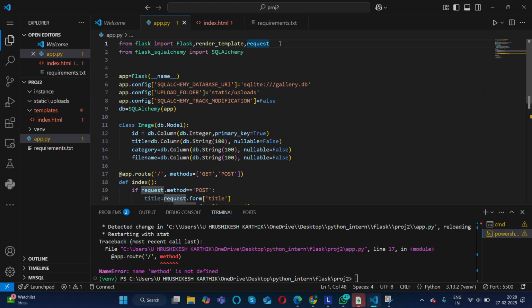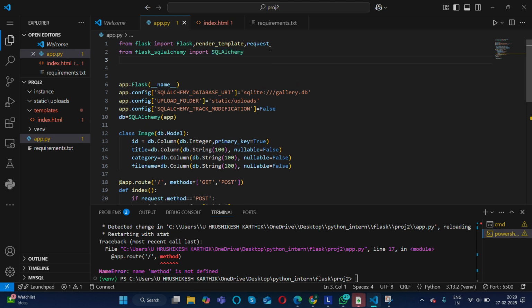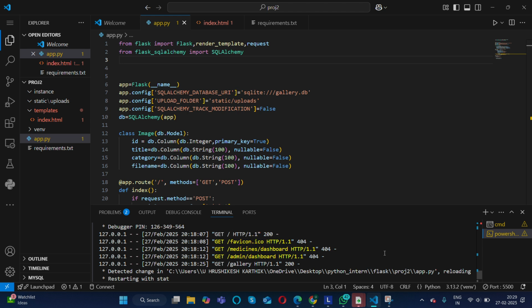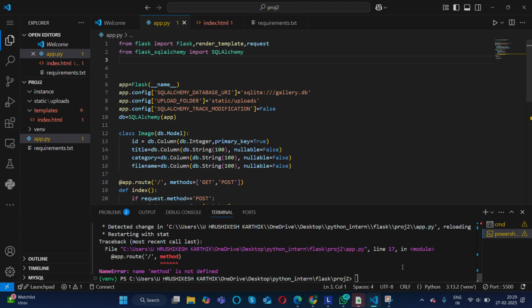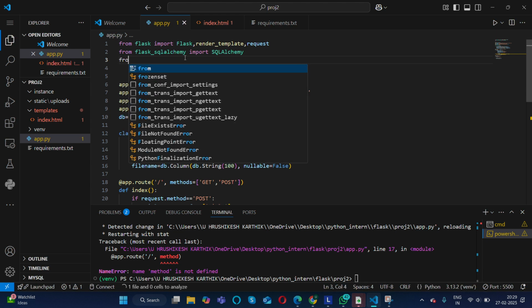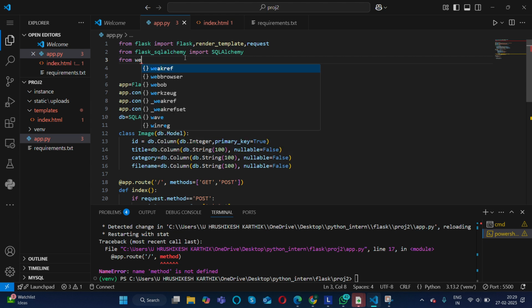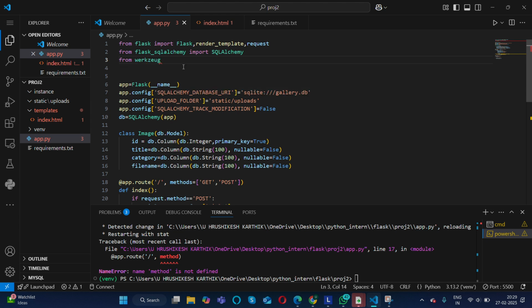Should I import anything? Okay, I installed a library, right? So I'll use it from where? Okay, got it here.